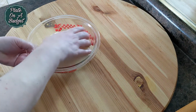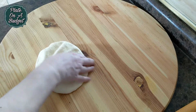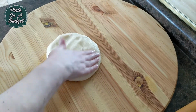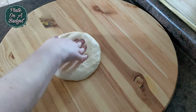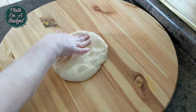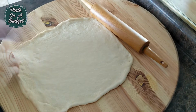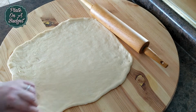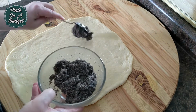Once the dough is ready, it's time to roll it out. We want to roll out our dough to a rectangle approximately 9 by 13 inches in size. Carefully spread the poppy seed mixture